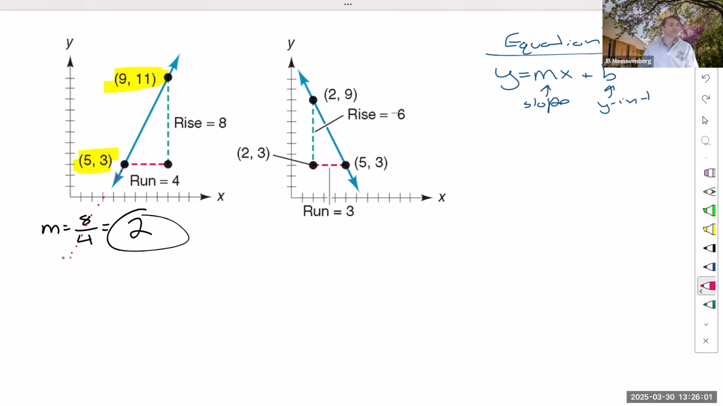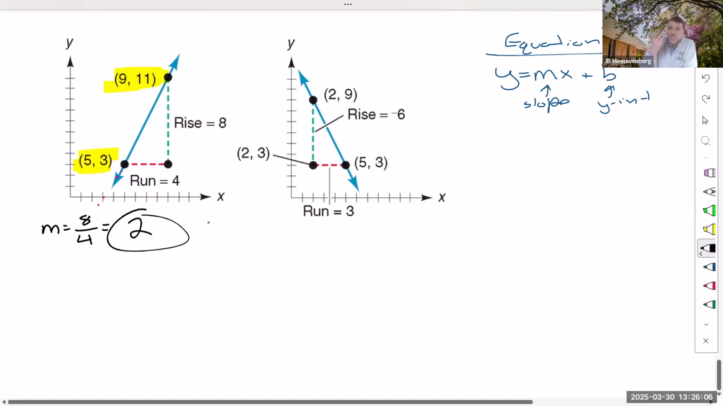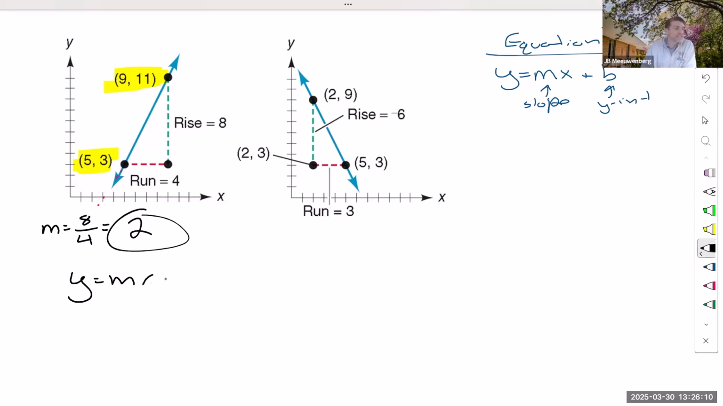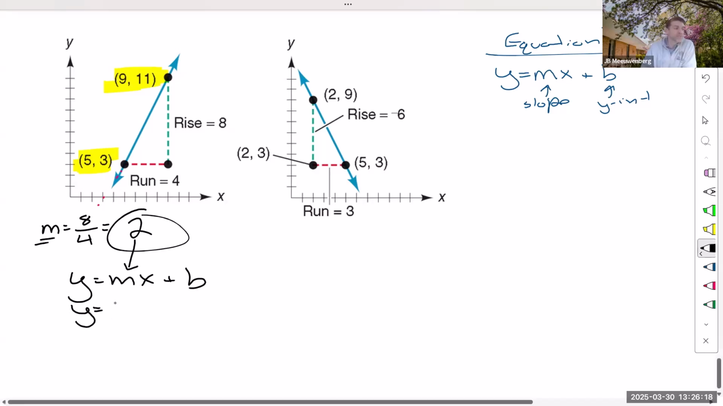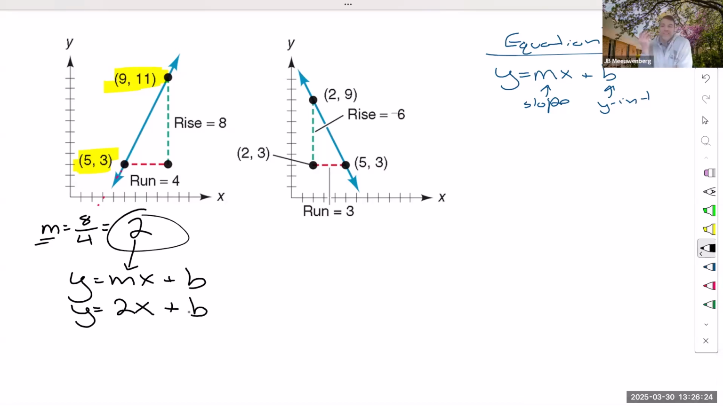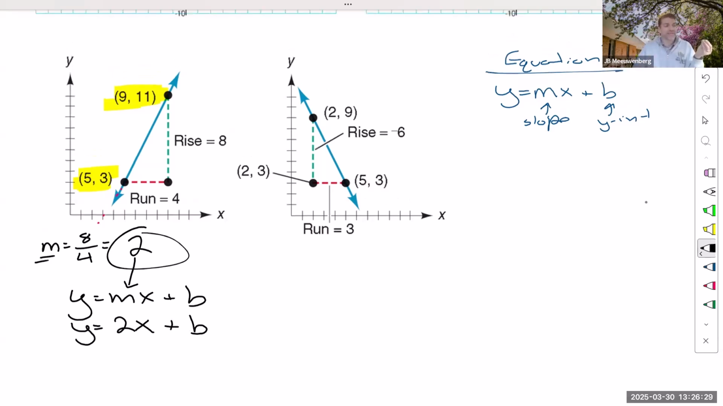Here's a little trick. If we go to our equation that we know our line has to be in, y is equal to mx plus b. We've already identified m. M is 2. So we can start by substituting in that 2. Y equals 2x plus b. Well, remember going way back to the beginning of this conversation,